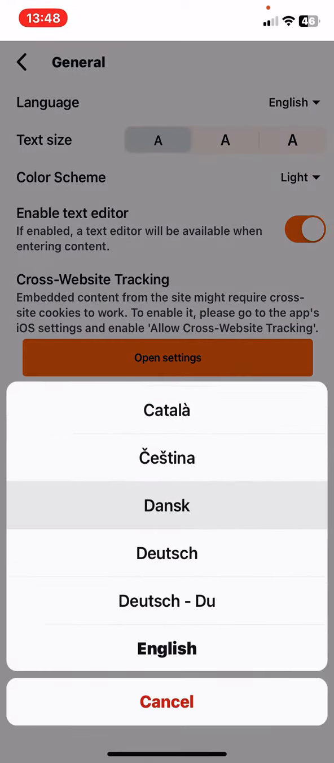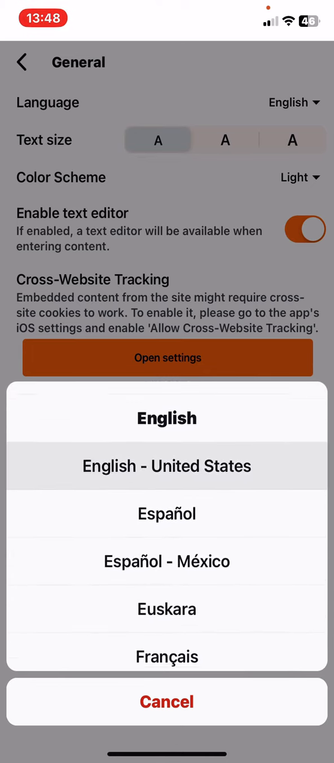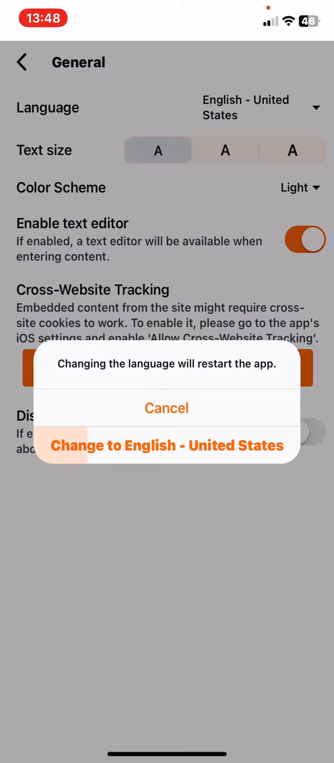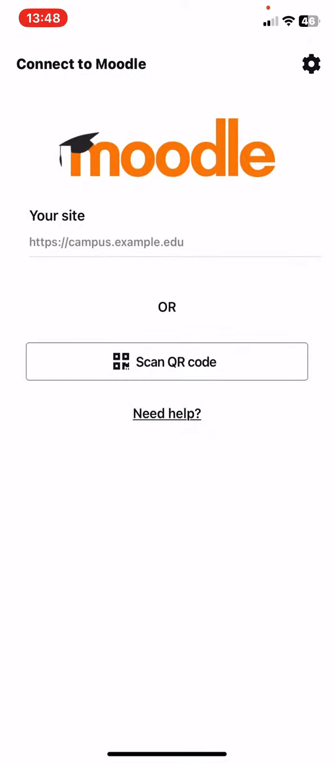And here, if you scroll down, you can choose your preferred language. So just click on that and just click on change to English United States,